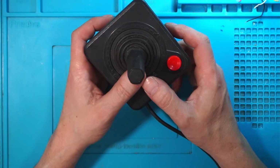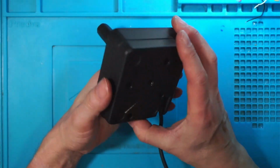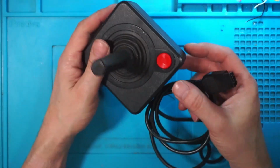I found an original 8-bit computer from the Spectrum Commodore days and a few other games for another console, which we'll have a look at now. I'll just swap cameras and we'll see what treasures I found yesterday. So come on. I was at work yesterday as a removal man. We were moving some customers into a relative's house and there was a big skip outside. A colleague said you might be interested in what's in there, and I had a look and I came across